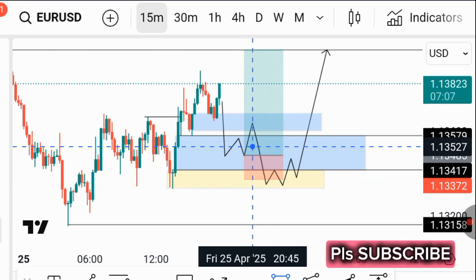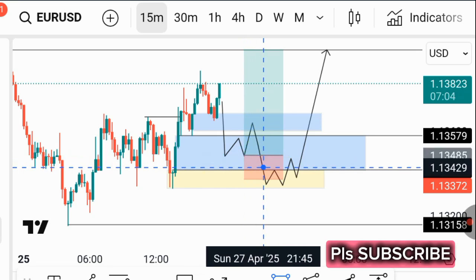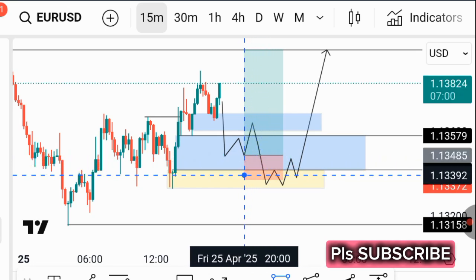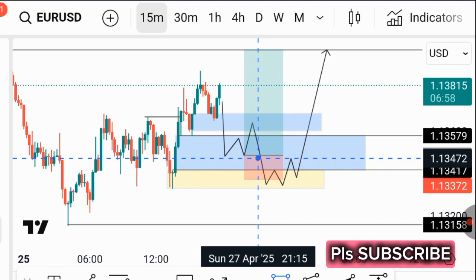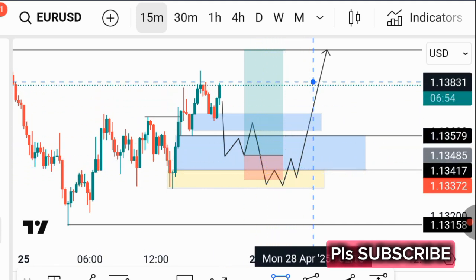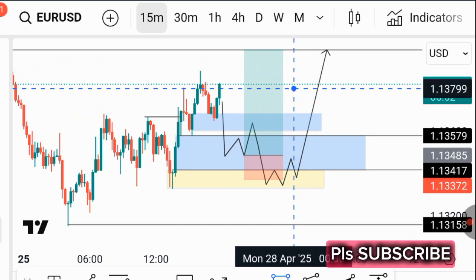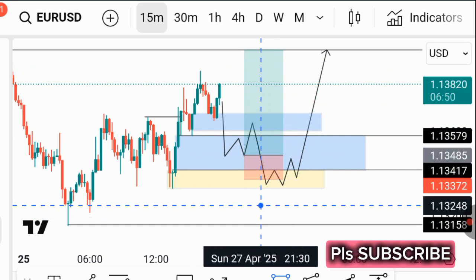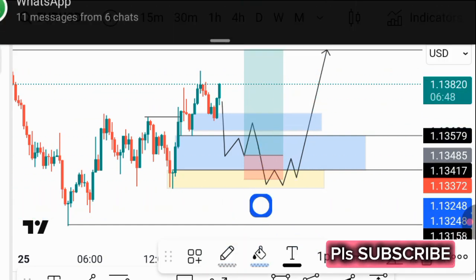It is likely to clear stop losses from wherever within this area here where most traders will put their stop loss. It will clear all stop losses and then come down to the order block and move to the upside. But as an experienced trader, you might want to have your